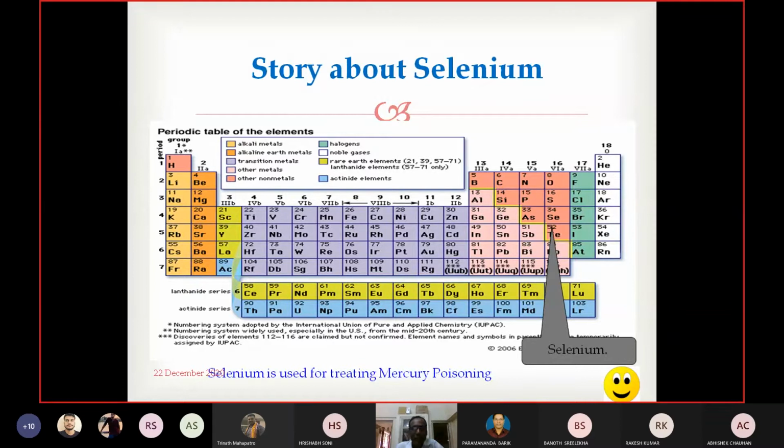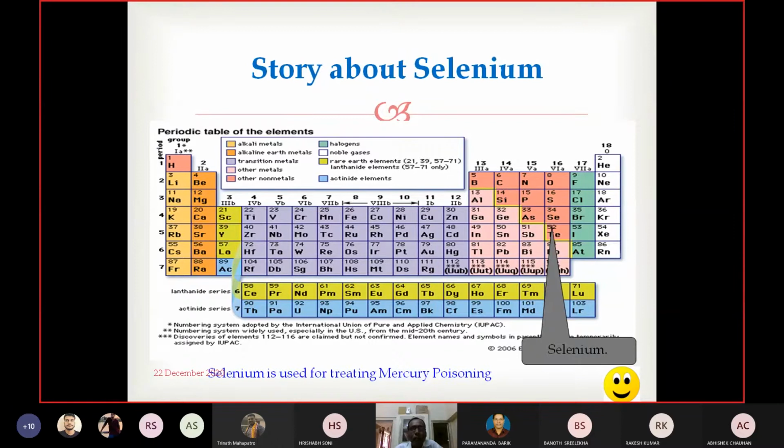Since selenium is used for treating mercury poisoning as an antidote, these people named it Selenium. The name of the tool is Selenium, which will dominate the tool Mercury. That's how the name Selenium came. This is the brief history behind the software testing tool Selenium.